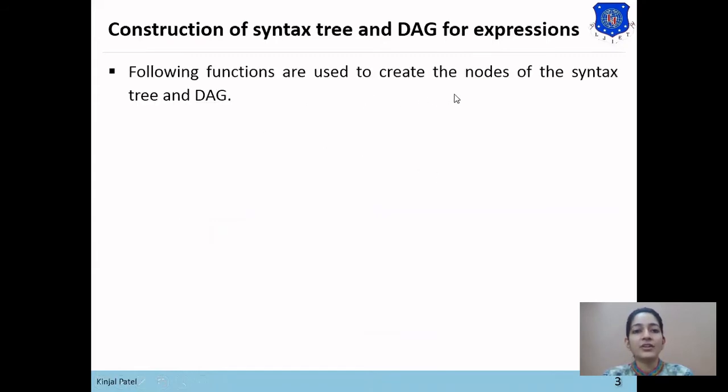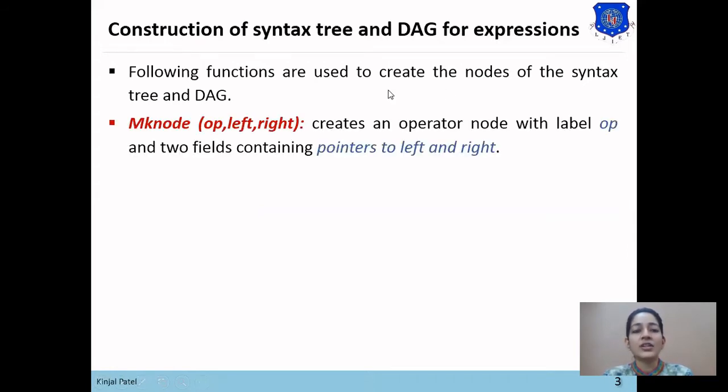The following functions are used to create the nodes of syntax tree and DAG. The functions to construct the syntax tree and DAG are the same. The first function is makeNode(operator, left, right). To construct the operator node, there are 3 fields in it.